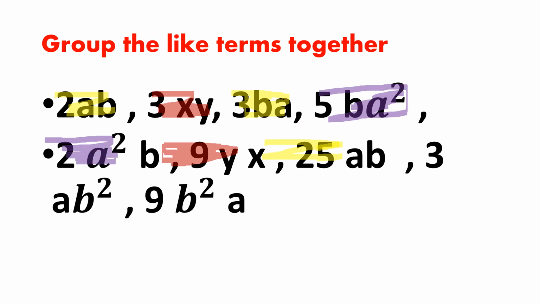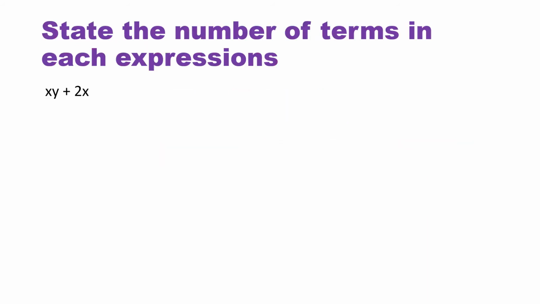Then I have ab square. I can't take this. So this is one group. And the last group, I'll take a green shade. Okay. So this is the last group: the AB square, A is 1 time, B is 2 times, and B square. This is also. So these are my groups. So you can just write the like terms together. That is how we have to do this.